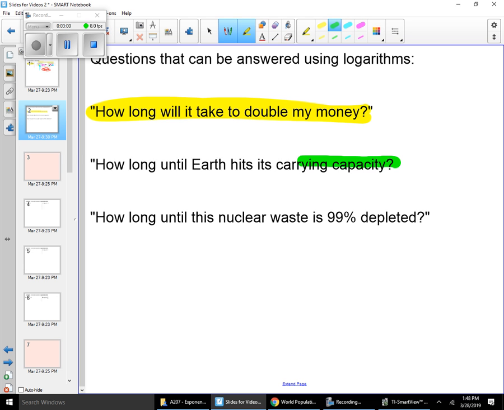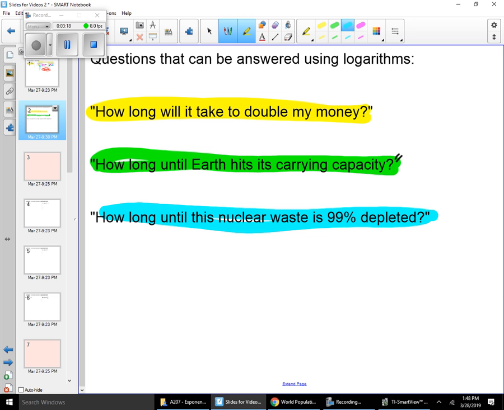We also looked at that world population clock. So a question like how long until Earth or some random environment reaches its carrying capacity, that's also a question you can answer with a logarithm. And then we also have the nuclear case. How long until this nuclear waste is 99% depleted? Because nuclear,